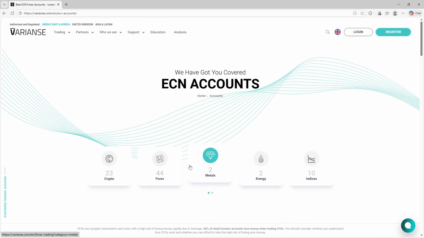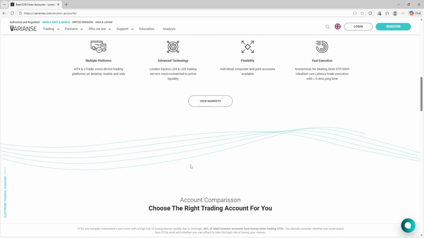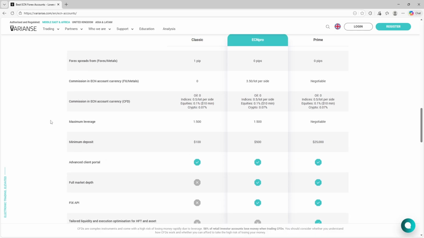Varianse offers 3 main account types: Classic, ECN Pro, and Prime. The Classic account is designed for accessibility, offering a straightforward trading setup for lower volume traders. The ECN Pro account is built for active and professional traders, providing raw spreads, full market depth, and advanced execution tools. The Prime account targets high net worth and institutional traders with customized liquidity, negotiable conditions, and significantly higher entry